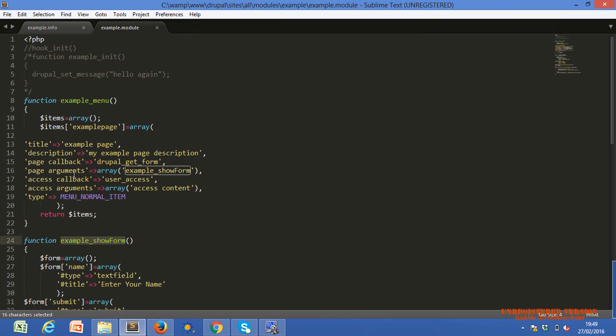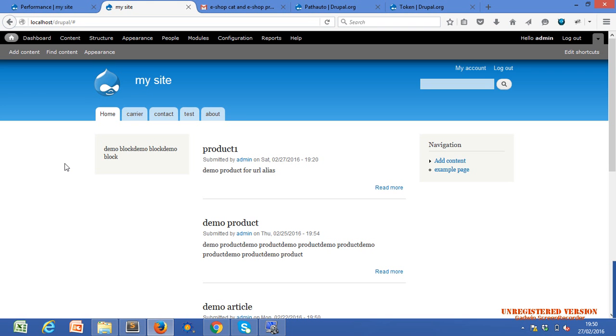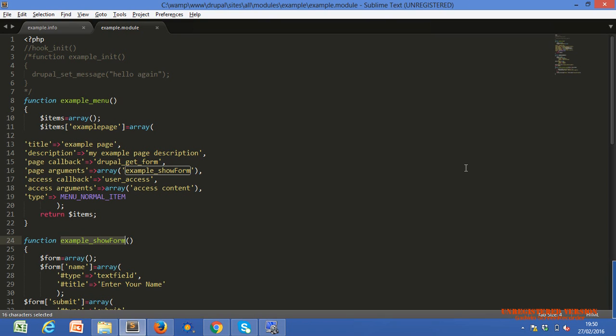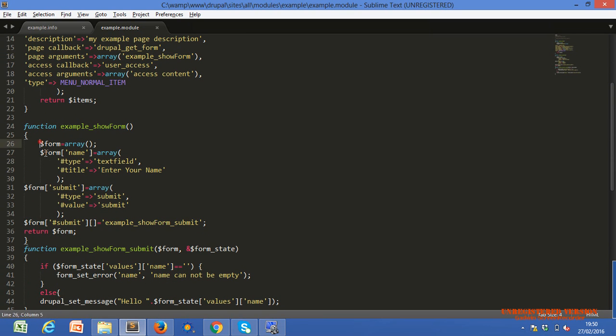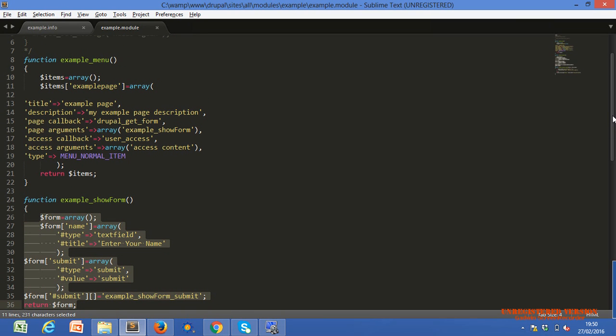Whenever we click on our menu link, this example page link, it will call the function example underscore show form. Page callback will be drupal get form; it will call the argument, whatever function is within the argument. What we are doing within this function, we are creating a form, nothing else.